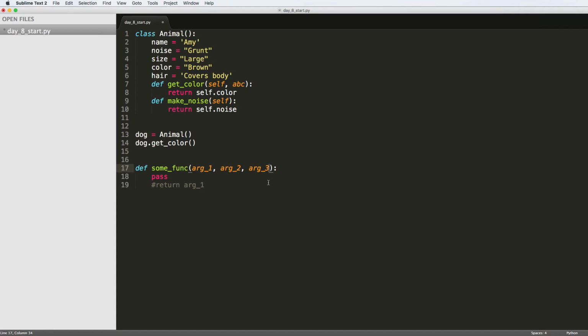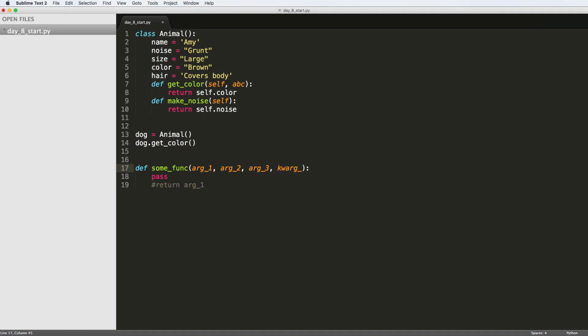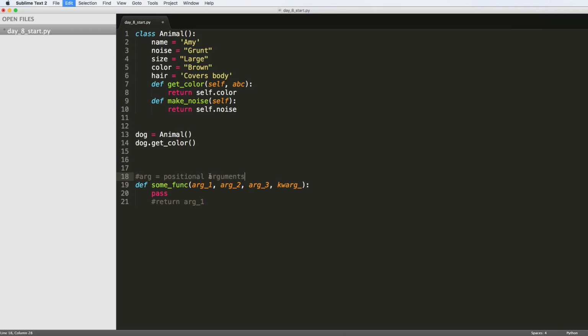Now, how do we make them not required? By using something called keyword arguments. So keyword arguments, so arg equals argument, or positional argument. I'm going to just make a little note here for you guys. So we can just copy positional argument just so you have a reference point for it. And then this is something that's very common. So keyword arg equals keyword